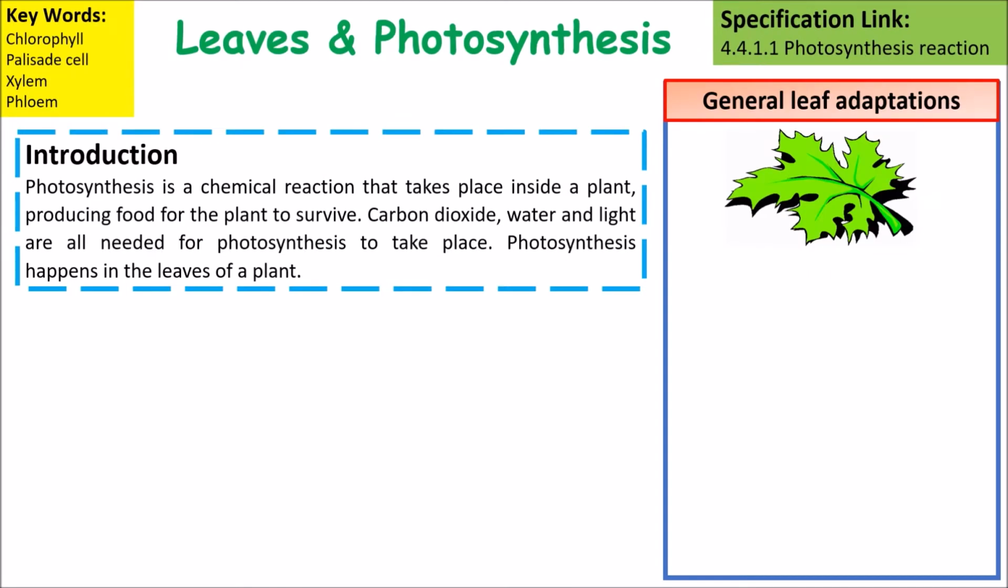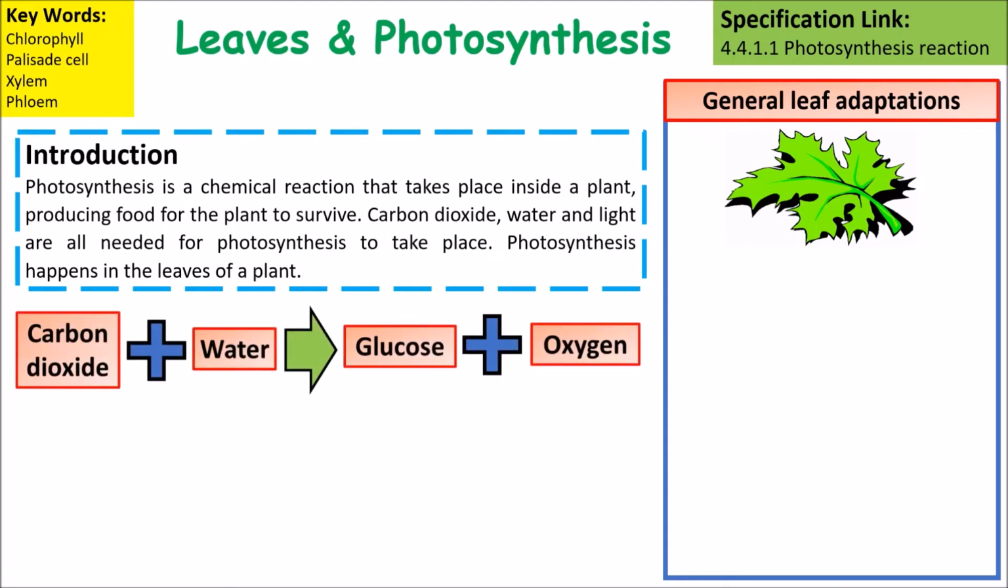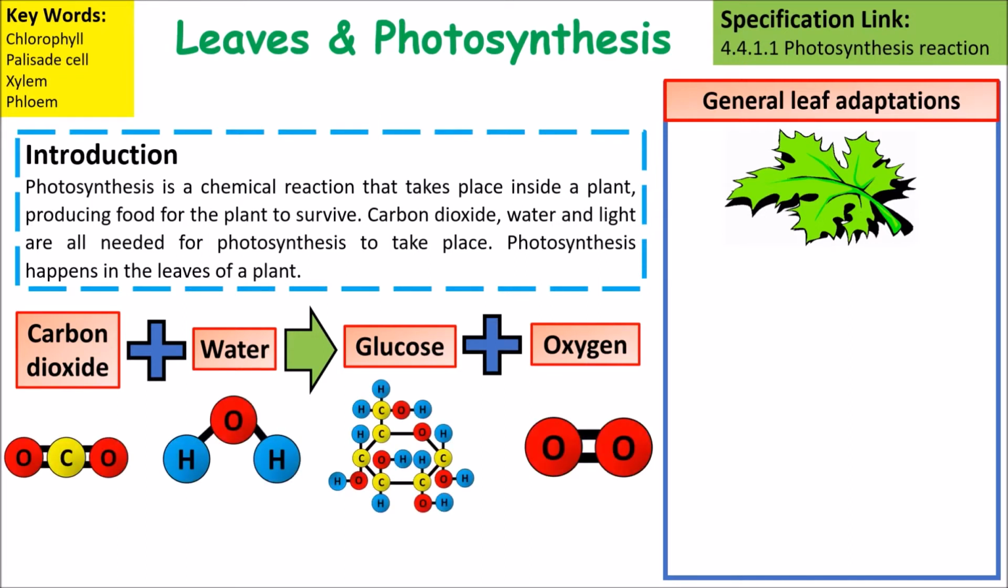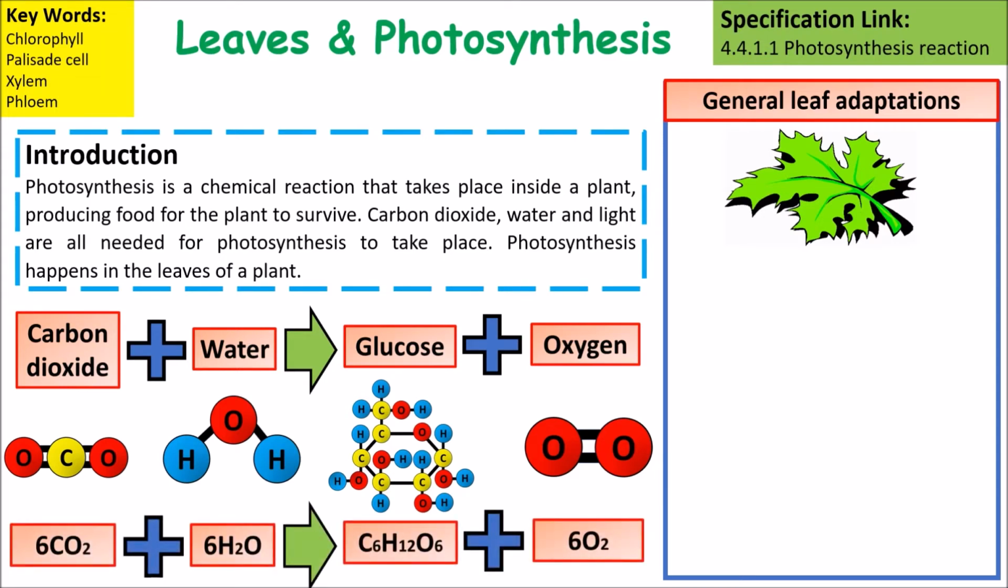So as previously stated, photosynthesis is the reaction that takes place in leaves that produces glucose and oxygen. The reaction for it is carbon dioxide plus water will form glucose plus oxygen. If you're taking the higher paper, it's really important that you know the chemical formula for it, which is 6CO2 plus 6H2O will form glucose, which is C6H12O6, and finally 6O2,